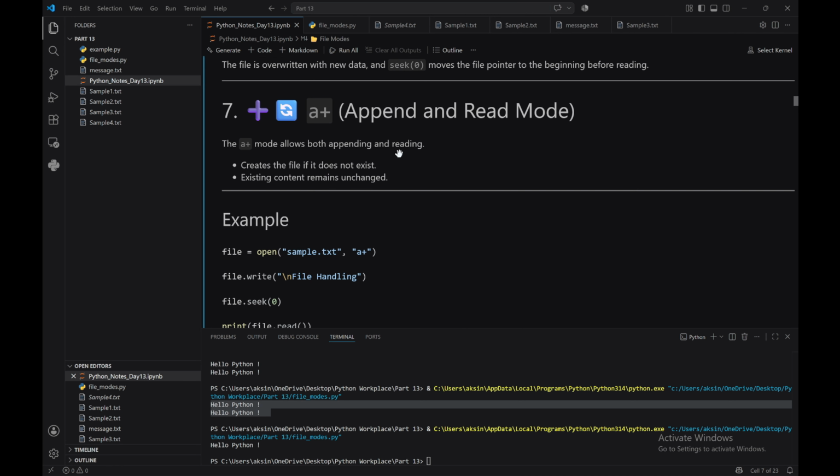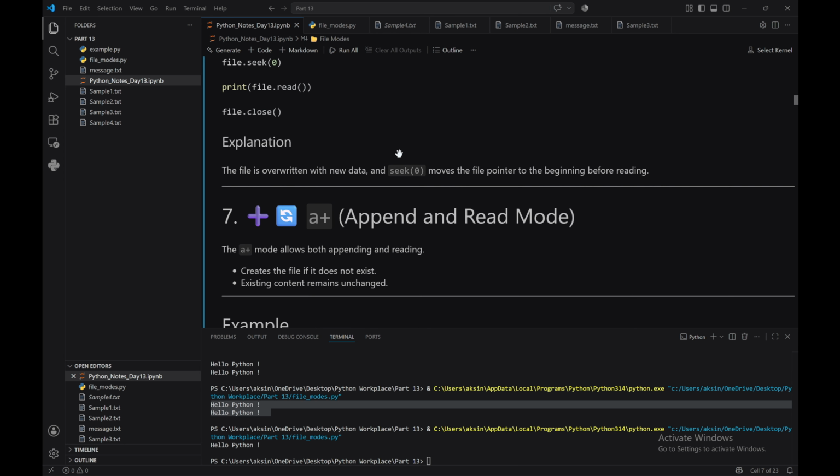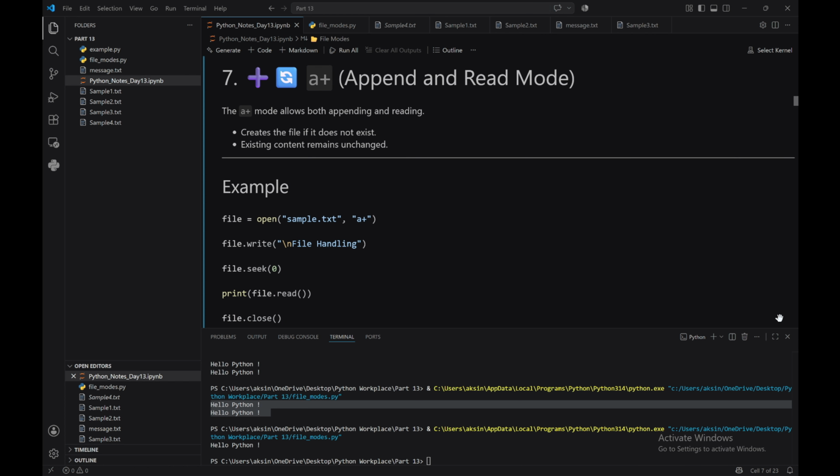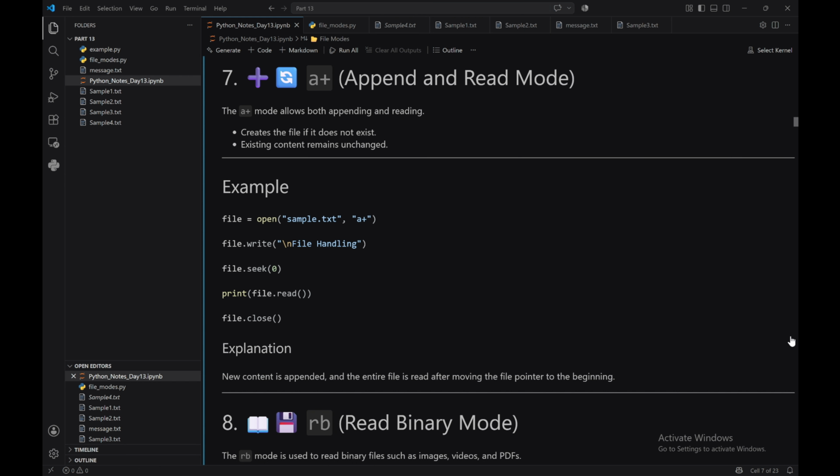So our next one is append and read mode, such as A plus. So let us say what these are. The A plus mode allows both appending and reading, creating the file if it does not exist. Existing content remains unchanged,